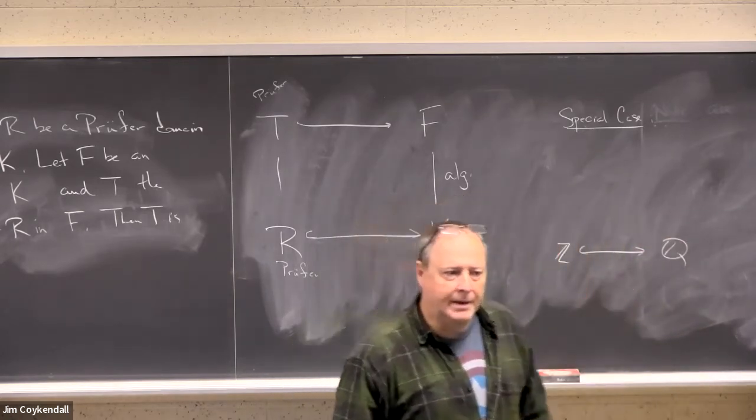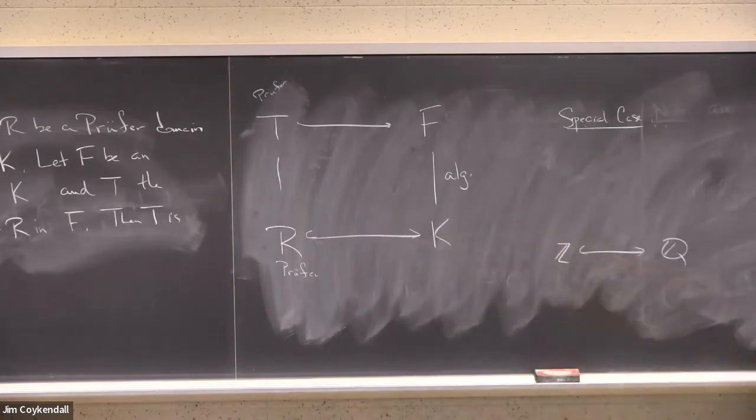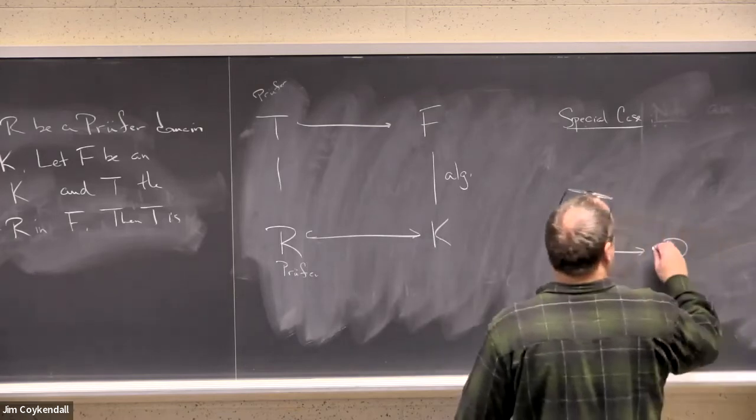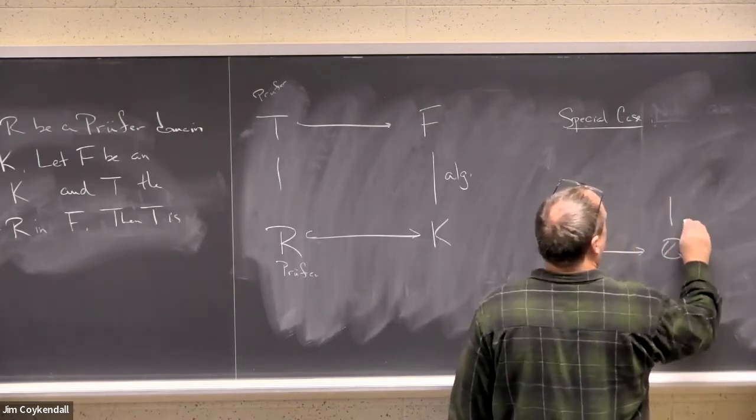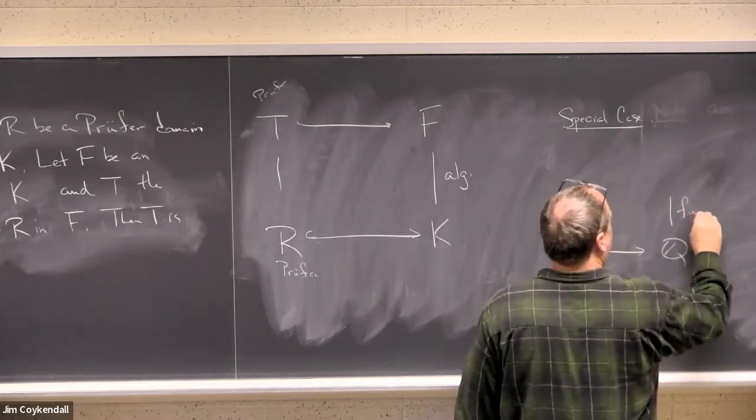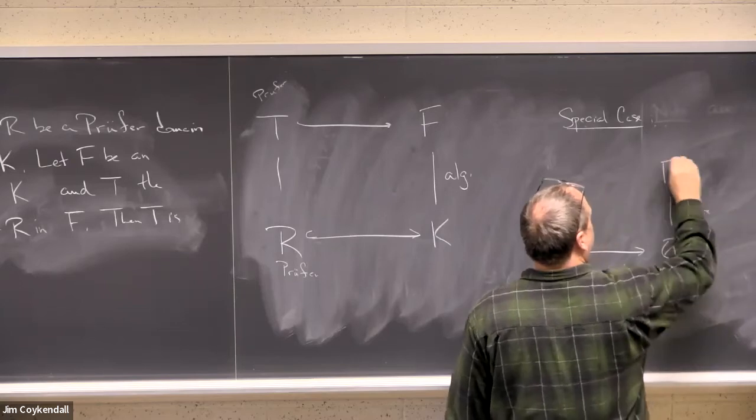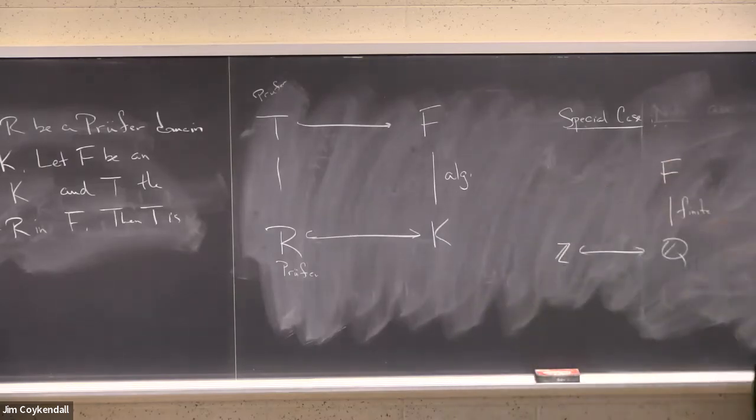Z is a Prufer domain, right? Because if you localize Z at any prime ideal, you get a valuation domain. And in fact, Z is very special. It is a Noetherian Prufer domain. It's called a Dedekind domain. We'll talk more about Dedekind domains later. But if you have a finite extension, so this is finite degree,